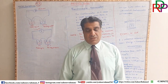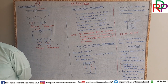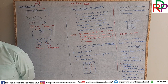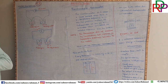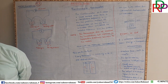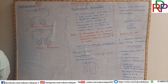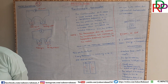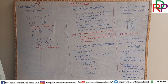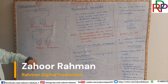Wait for a second. Okay, ladies and gentlemen, let us discuss the worked example 8.6, which is on page number 125 of your book. It says: in a certain thermocouple thermometer an EMF of 4.0 millivolt was obtained with one junction in melting ice and the other in boiling water, at one standard atmospheric pressure. When the hot junction was taken out of the boiling water and immersed inside the boiling propane,